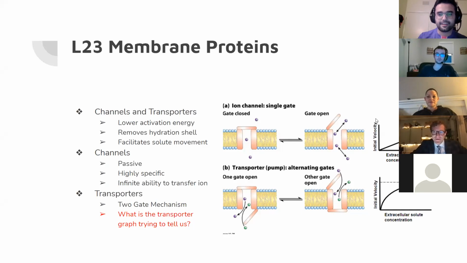Kind of. A little bit. Yeah, I'll deal with it. Sorry, it's just a little bit weird, but the thing I always think about is that the ion channel is just straight up open, everything flows. So that's why it's so fast, and it doesn't necessarily end because it's just consistently flowing through. The transporter, we have to move these gates all the time, and it just slows everything down.